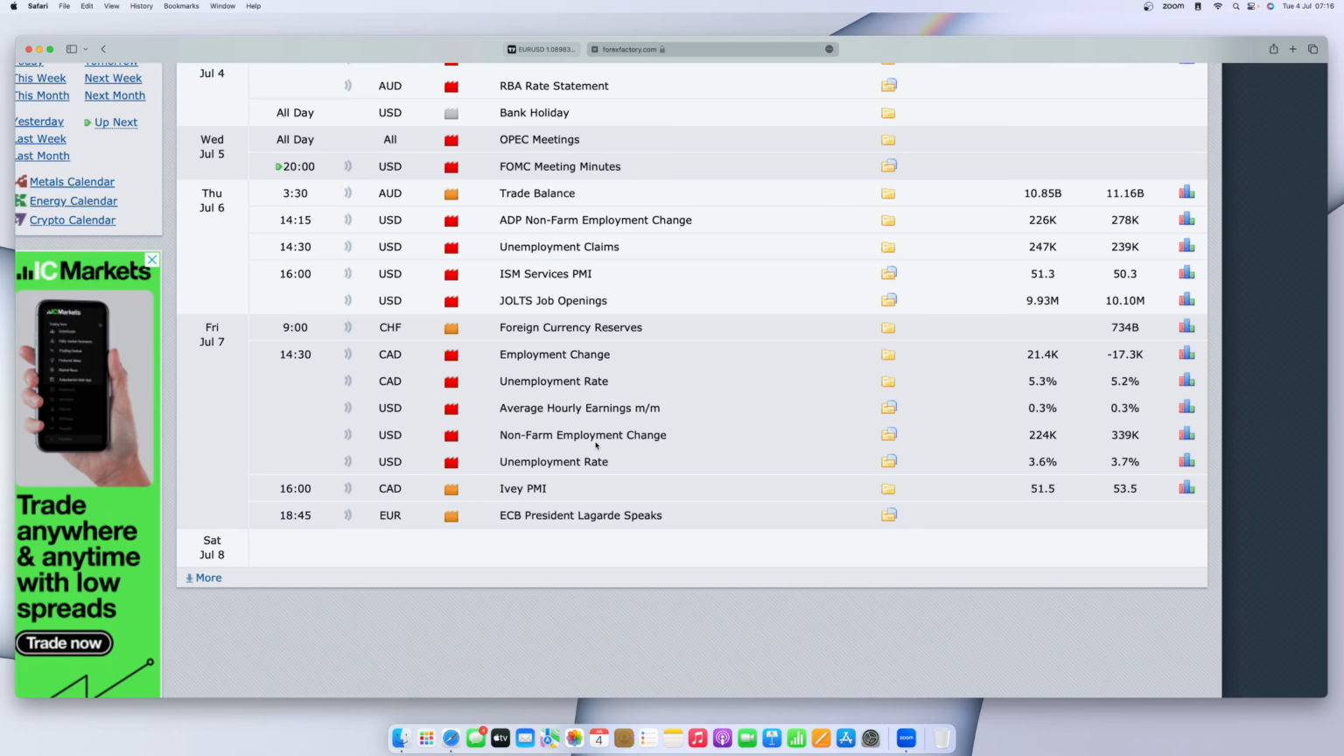NFP is a major news, and I'm going to show you in the next video how this affected the dollar index and how this affected the euro. I'm going to show you in video 16. I'm going to start with this. Okay, I'm going to show you how NFP